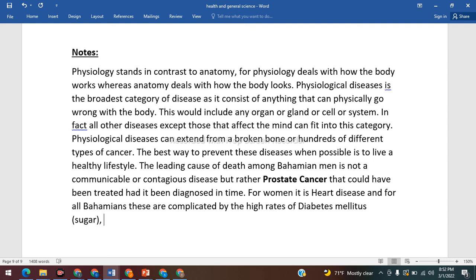Now listen, young people, please do your best to keep your body in good health. Watch what you eat, please, because a lot of people in the Bahamas die an early death from these simple things when they didn't have to if they had only eaten a proper diet. So make sure that you are temperate. Make sure that you eat the things that you know produce life-giving force.